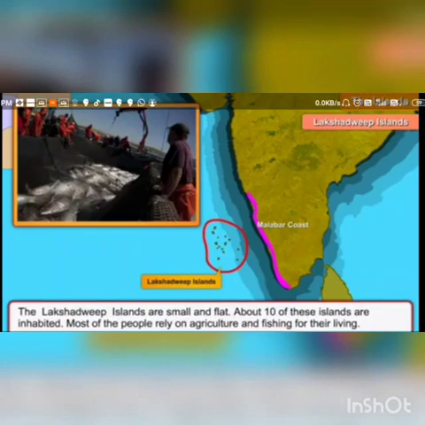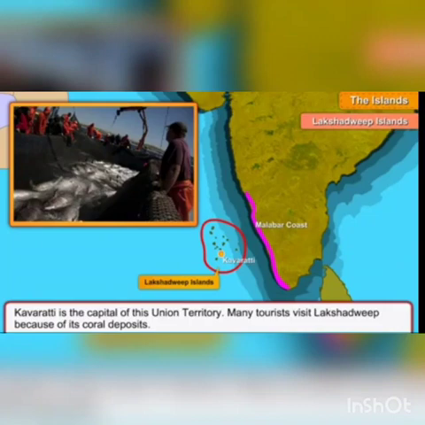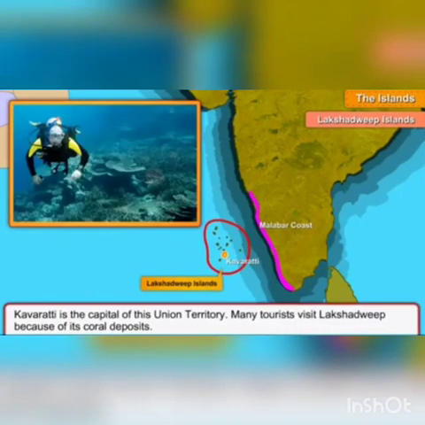It covers a very small area of about 32 square kilometres, and Kavaratti Island is the administrative headquarters of Lakshadweep. This island group has a great diversity of flora and fauna, and the Pitti Island is uninhabited but has a bird sanctuary.